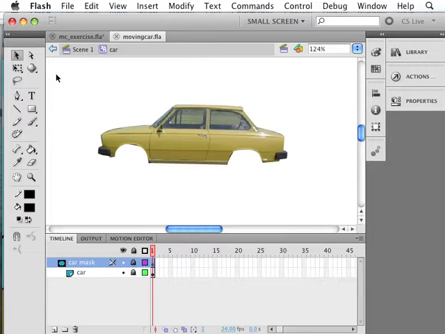Okay, my next step is to create some spinning wheels. Now I'll let you know right now the wheels will need to be turned into movie clips as well, and then I will animate the spin of the wheel within that movie clip, and they will sit inside of this movie clip. So I'll start by creating a new layer for that,